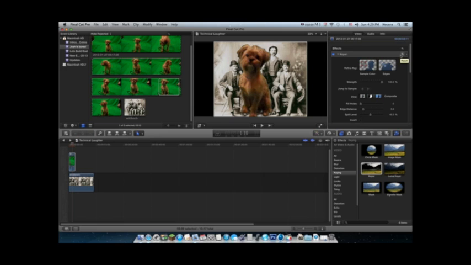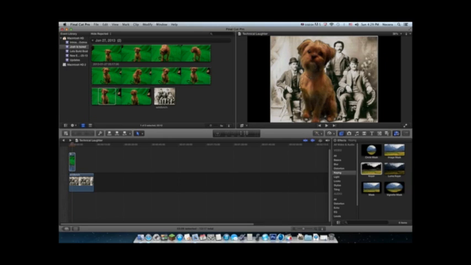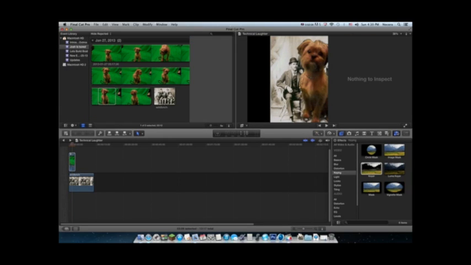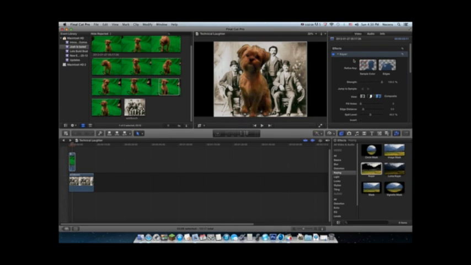If you have your inspector open, which if you don't, you just click this. I'll close it and then open it for you guys. So if you guys are new to Final Cut, you can figure that out. And it'll have Effect Keyer, and there's some settings like strengthening. Strengthening is just how much green it's taking out. So if I put it down really low, you could see it around the edges. There's some green, like with his hair and everything, that's a problem. So you want the strength